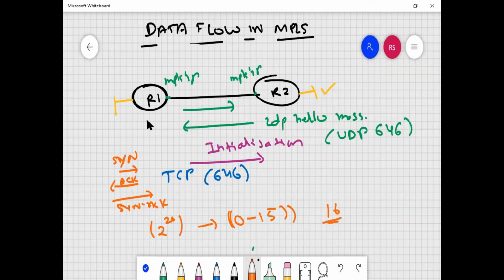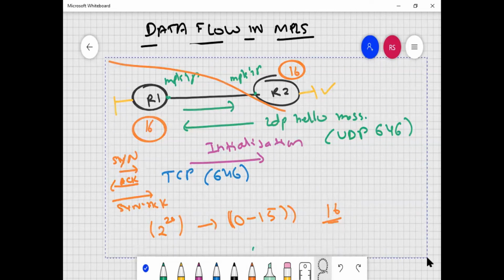So the first label which will be generated is 16 over here, and 16 over here. Labels are locally significant. It can be 16 on both sides. Do not get confused; later on, I will be showing you in the lab also. They will be assigned some labels. Now, if this part is clear, then I am coming to the further procedures which we need to